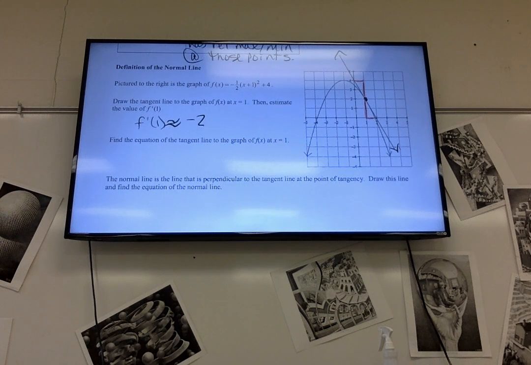Now we're going to find the equation of the tangent line. So what do we need when we find the equation of the tangent line? The point of tangency, 1, -2, right? Yes, because it's this point right